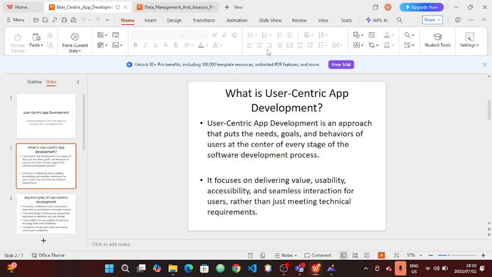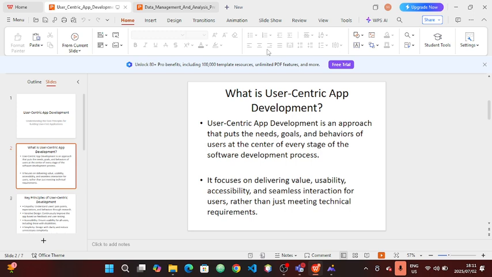Okay, it's saying here that user-centric app development is an approach that puts the needs, goals, and behaviors of users at the center of every stage of the software development process, and it focuses on delivering